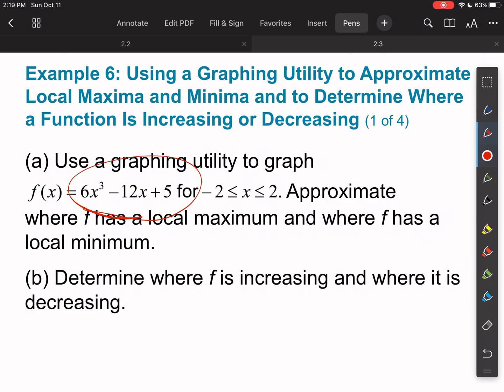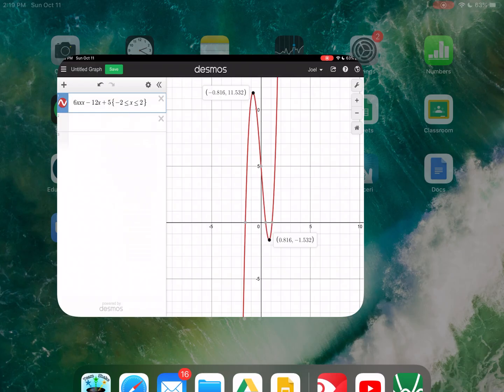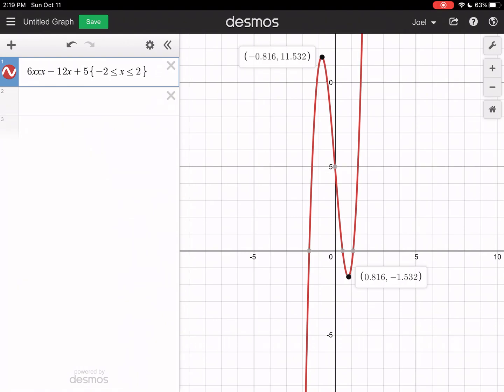It says approximate where f has a local max, where it has a local min. Then determine where it's increasing, decreasing. Okay, so let's pull that function up. So I graphed that here, and I limited my graph. If you'll notice what I typed in there, I limited the graph between, because what's very, very important here, you